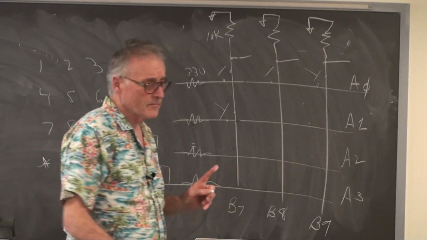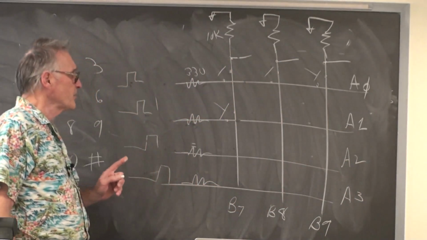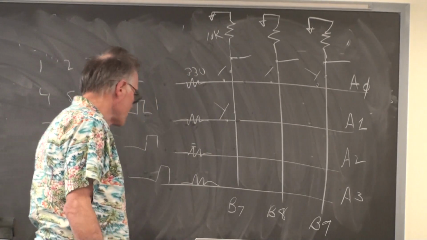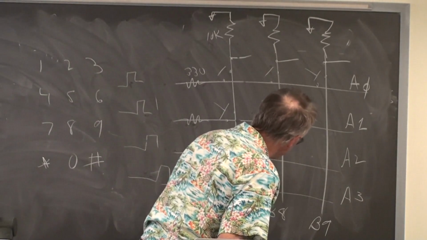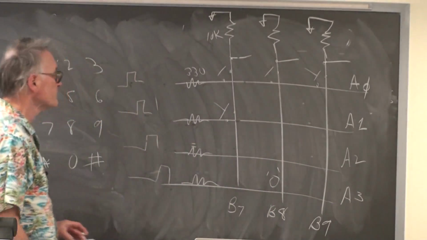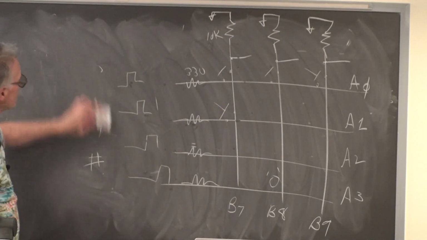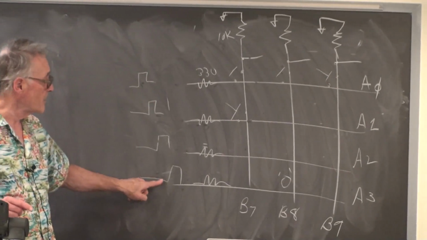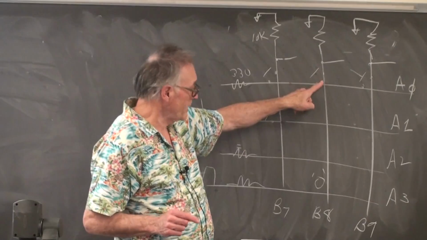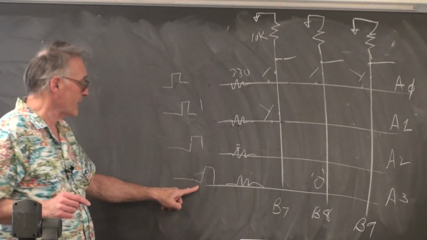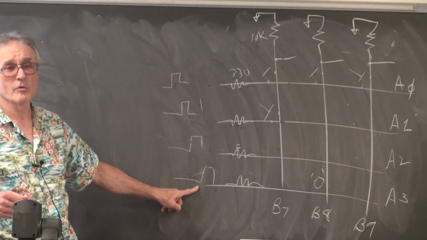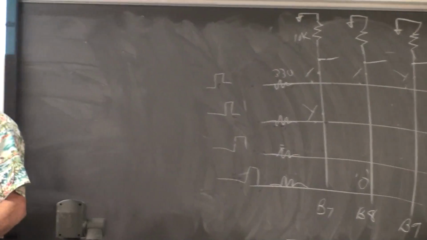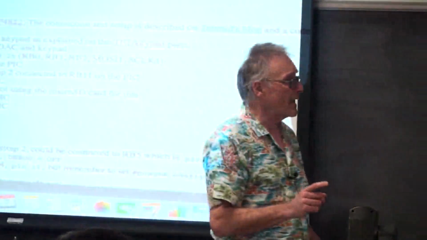So that if I were to detect that a button was pushed, let's say that I detect that the 0 button is pushed, that's that button right there. If I detect that the 0 button is pushed because the middle pin, which is B8, recognized that A4 was high, we could uniquely identify that pin as,